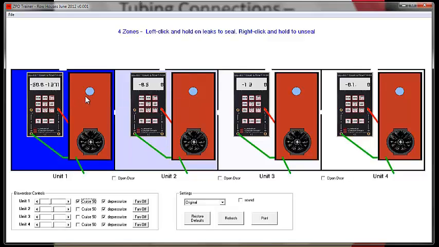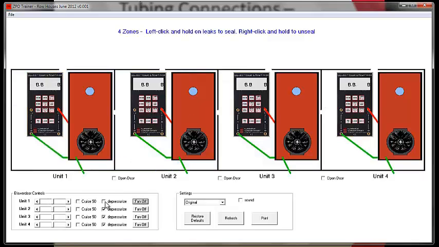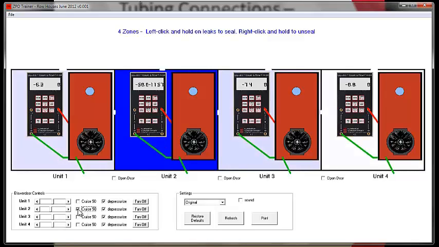So we can see when we turn this on, we're at 1371, and our adjacent spaces pressure changes. We're at 8.5 pascals in the adjoining unit, 3.1 in the next unit over, and unit 4 changes by a little bit also. So we've got air movement going through all 3 of those units. Then testing unit 2, the pressures change, you can see in the adjoining spaces, and we're at